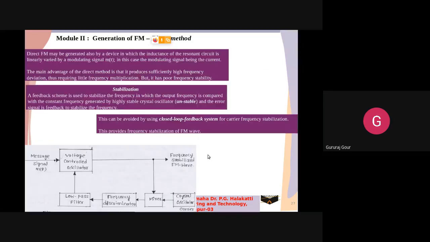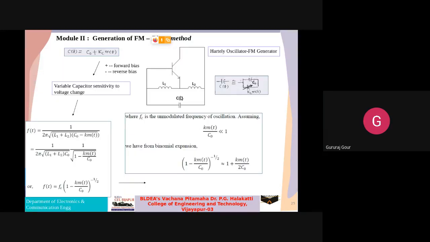Who has asked? Amrut? Yes, sir. So inductance is not coming into the picture here. If you want to vary the inductance, we'll have a different setup. In that case, we'll keep the C the same and vary the inductance. That's how, from the basics, we learned that in the Hartley oscillator we tune the resonating frequency, which is kept as a feedback path between the emitter and base of the transistor, enabling us to provide the FM signal.